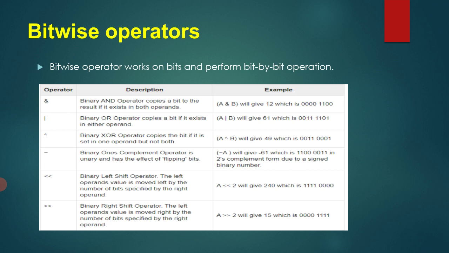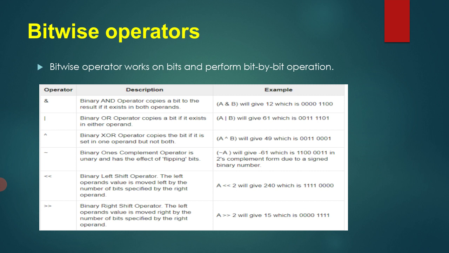So what are bits? In the first unit we have studied binary numbers, 0 and 1. With a combination of zeros and ones we can generate any number. Every single digit is known as a bit. If I call a single digit, that is 0, it is a bit. If I have a combination of 4 numbers, like 0 1 0 1, it means there are 4 bits. So a bitwise operator is used to perform work on bits, and it performs bit by bit operation.